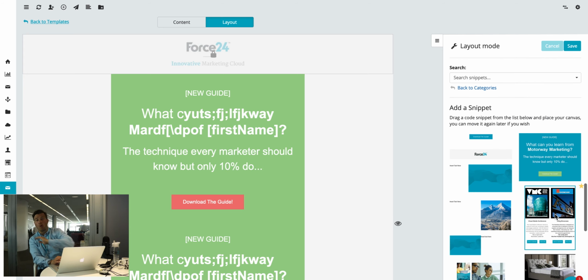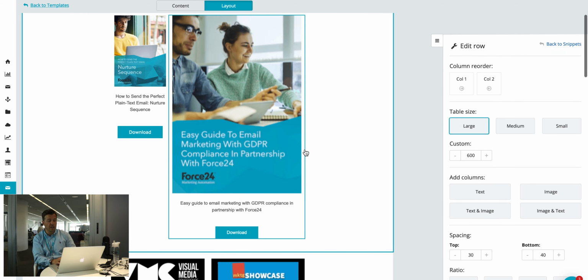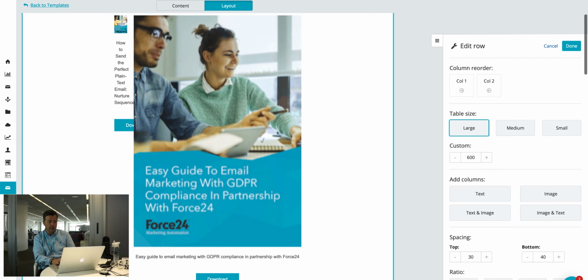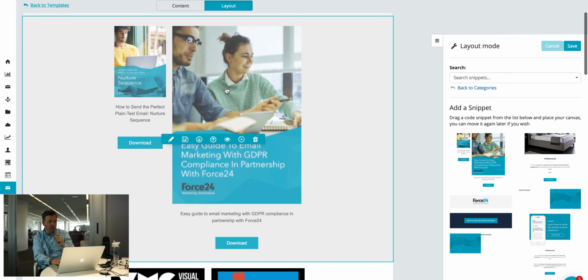So it doesn't matter what your email looks like. It really does not matter. It's just drag and drop. It's so easy. And you build to your heart's content. You see nice little features like this as well. So I quite like to be able to swap this around, or I can play with the spacing. I can play with every attribute. I mean, obviously that's not a very smart thing to have done, but I can play with all the attributes